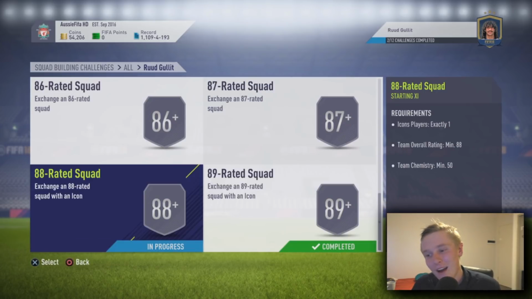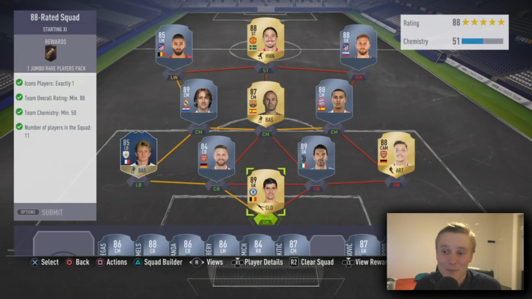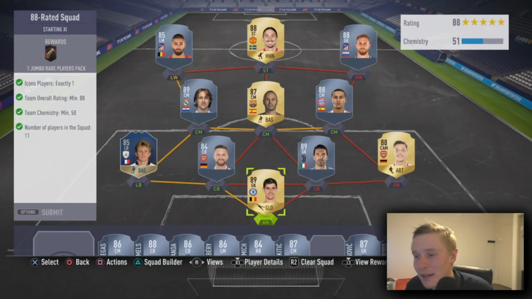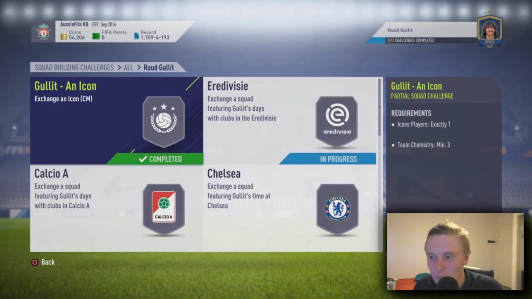So I've completed the 89, I'm in progress with the 88, but as you can see, I'm down to my last 50,000 coins, and I've still got a lot of players to complete, a lot of SBCs inside of this prime icon to complete. I've completed the Gullit guaranteed icon, and yeah,